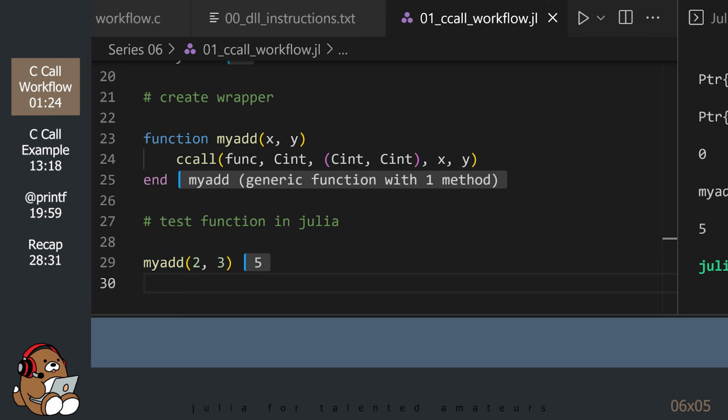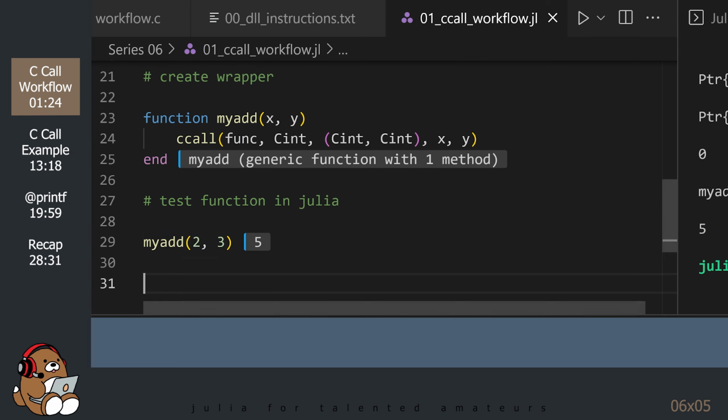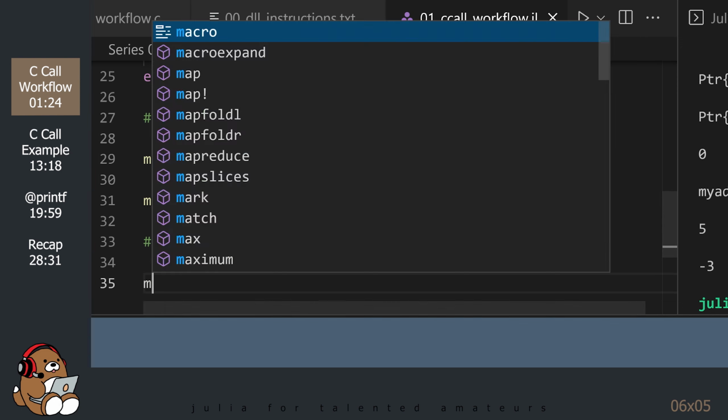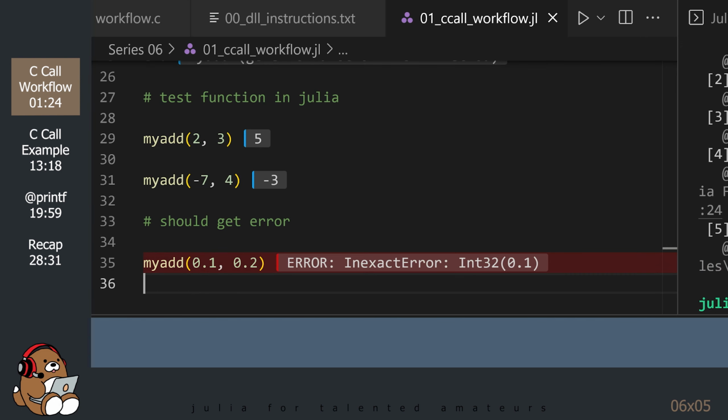Amazing, right? Let's try another one. This may not seem that impressive, but think about what we just did. We wrote code in C, and now we're using that C code here in Julia. So, what's the catch? Let's try another example. Of course, this doesn't work, since the function that we defined in C only works with integers. So keep this in mind when you're calling code written in C.